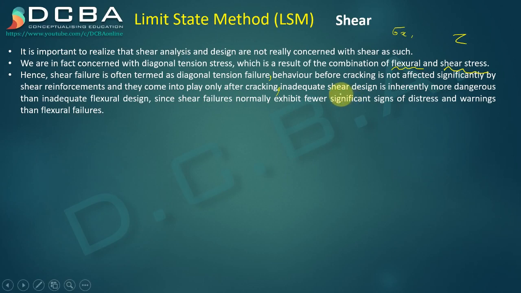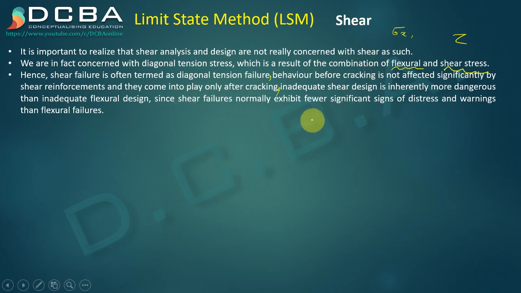So the shear reinforcements only come into play when there is a crack that is propagating, and these shear reinforcements need to stop those cracks. They are not going to provide any significant resistance in the flexural design of the member, and that is why we have never taken them into consideration while designing our flexural capacity of the member, right? They will only be used as shear reinforcement, for inhibiting those cracks from propagating inside the body of the member.